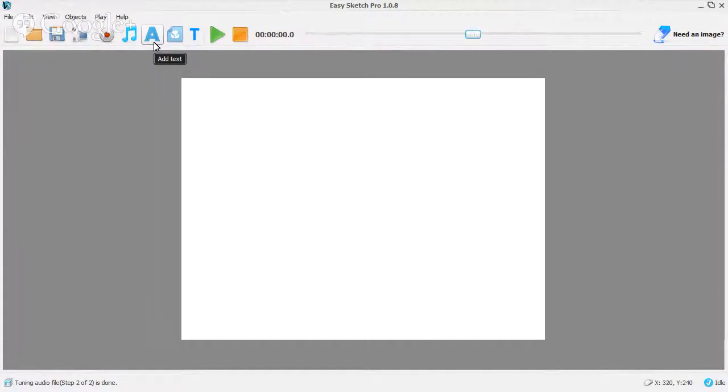Now for the purpose of this demo video, I'm going to do this. Okay, I'm going to use the background music. I'm going to input some text and images. First, I want to input the text. You click on the icon A, you're going to get this dialog box. As you can see, text editor. Okay, I'm going to type